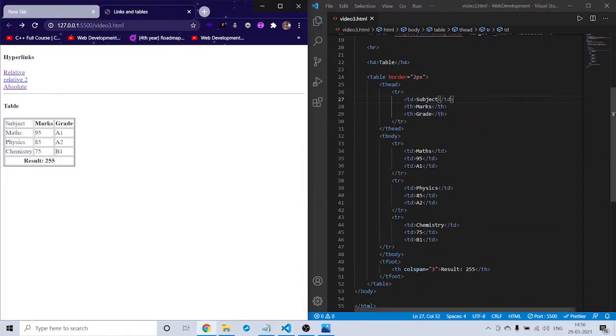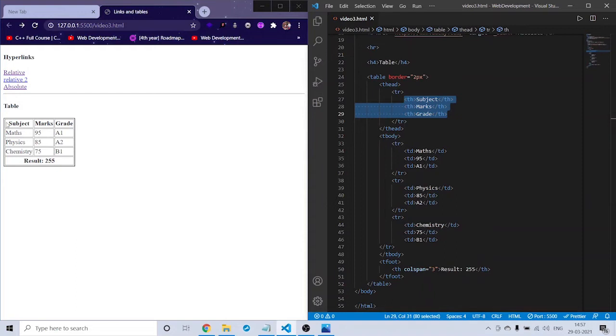See, as you gave here td, the subject got slightly in normal style, which is not that bold. So that's why in thead we give th for the styling purpose and for the interaction of the user here, as those are the headings. And in the th we gave the things which we want to show here, and the thead is completed.